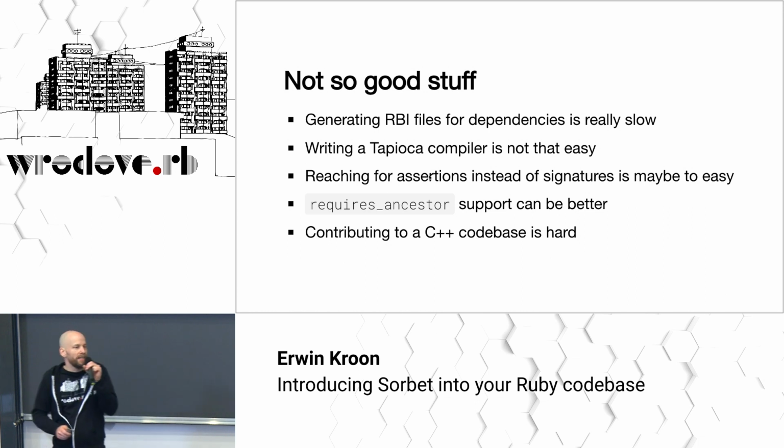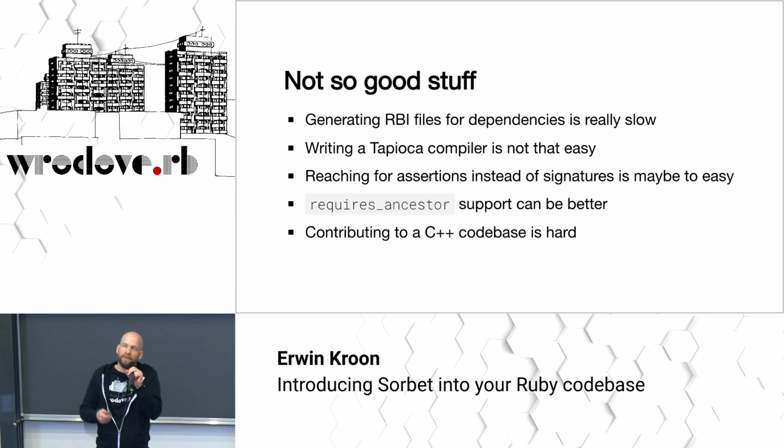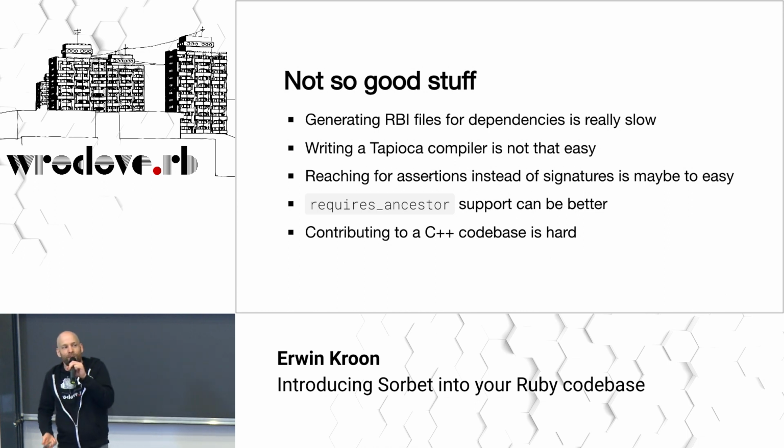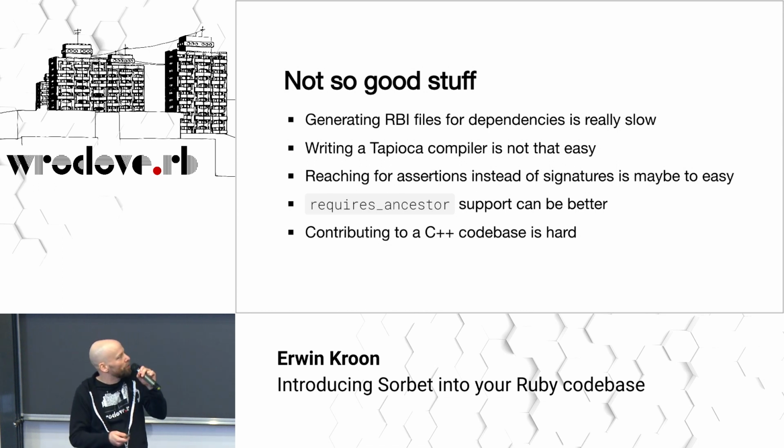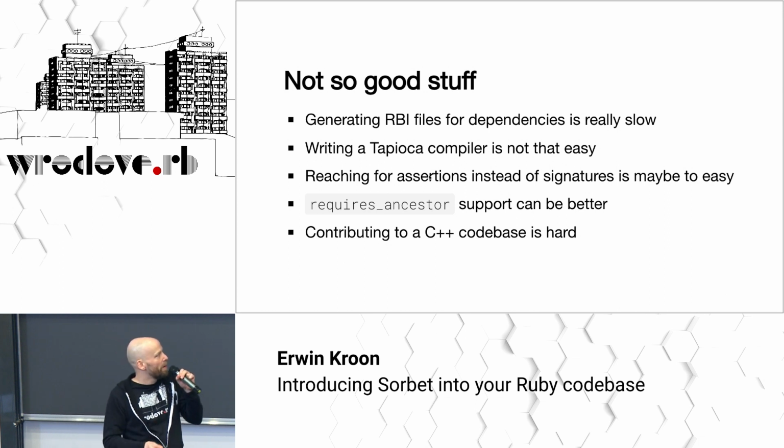Also, reaching for assertions instead of signatures is maybe just too easy, because you start implementing Sorbet, you start writing it, now it doesn't work. Will I write a signature or will I write an assertion? I know it's correct, I will just say it's correct. But this is exactly the problem, why you want to use Sorbet. You want to let the compiler do its thing instead of knowing it better. And then I showed you the require ancestor example, and I think the compiler can be better, but